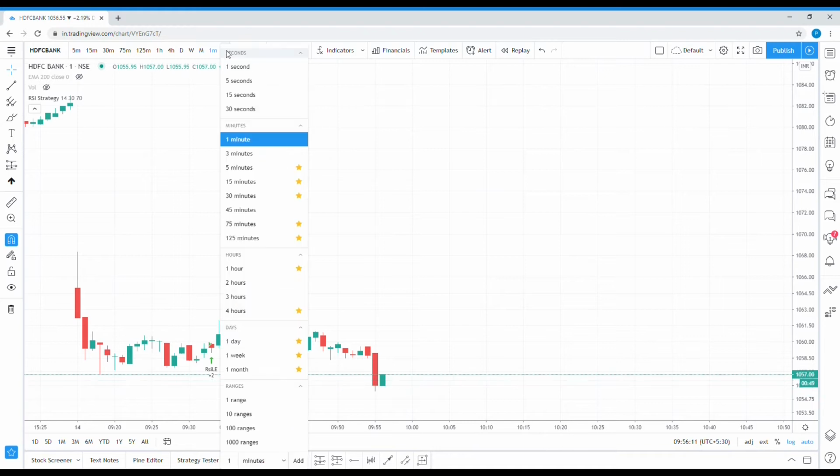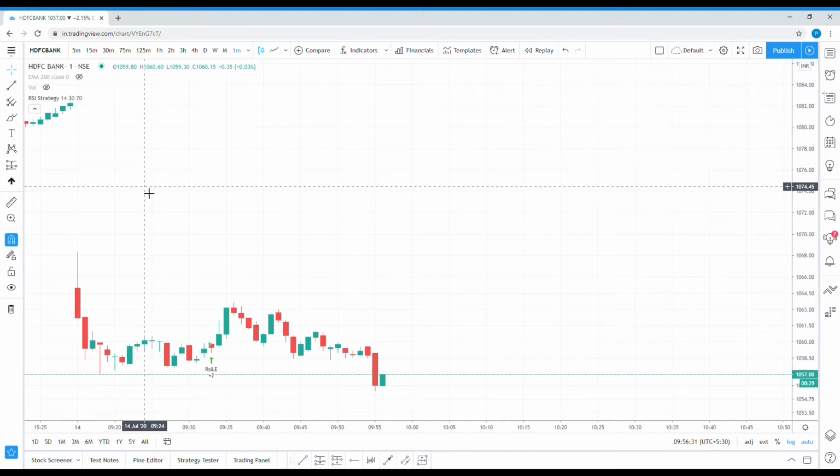And if you click here, there are different time intervals. Instead of going here again and again, what we can do is mark it as a favorite. I want the 2 hours time frame in my favorite list, and 3 hours also.